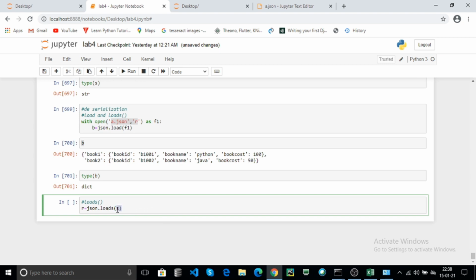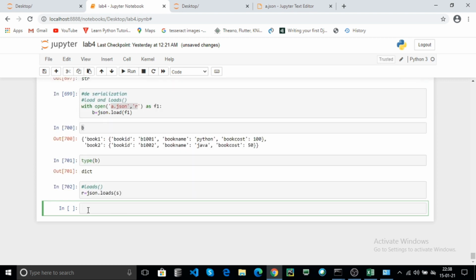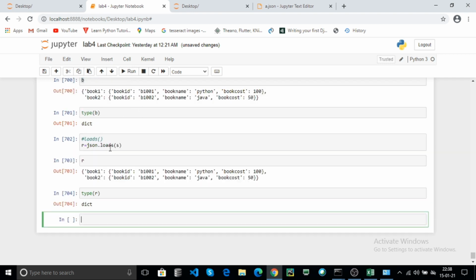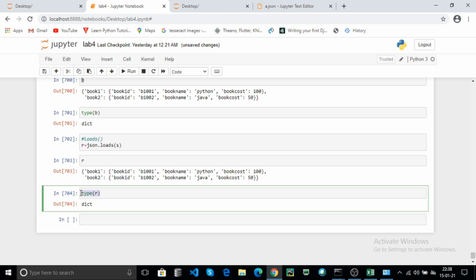Here s contains the JSON string object that will be converted into a Python object, and the converted data will be stored in the r variable. Click on run and print r. The r contains the dictionary. You can also check the type of r and click on run. Here r contains the dictionary.